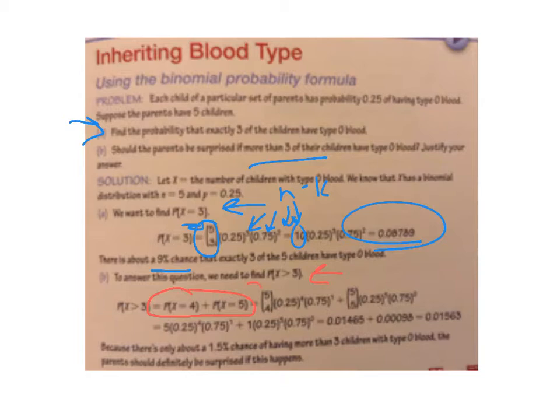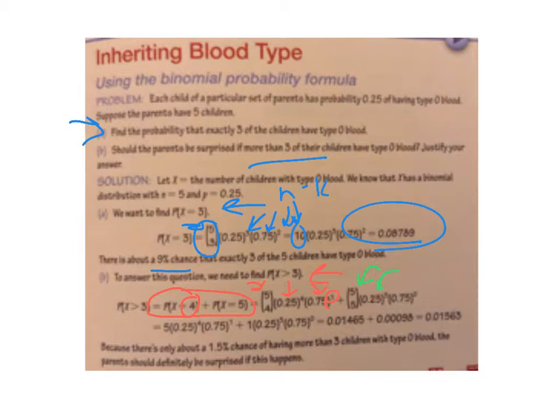So I get my binomial coefficient, 5 over 4. Again, plug it into my problem, basically my successes to the 4th power, because in that first instance k is 4, times my failures to the n minus k, which is 1. And then the second part, the probability that 5 out of 5, my binomial coefficient, which should only be 1. There's only one way that I can get all 5 kids to have type O blood,